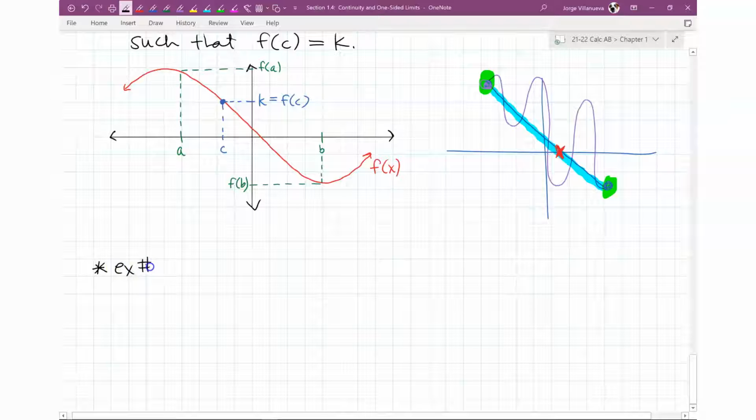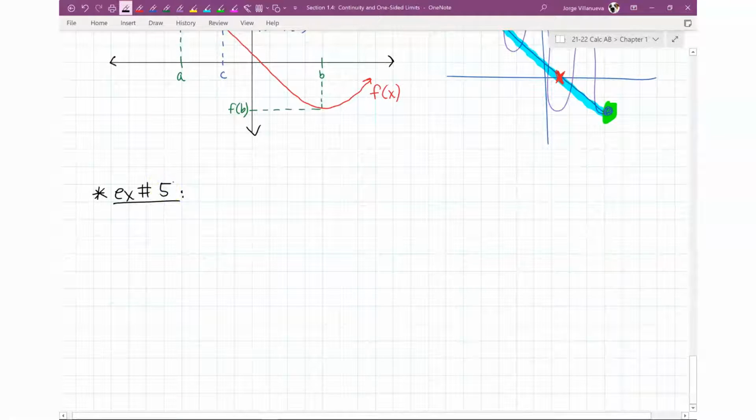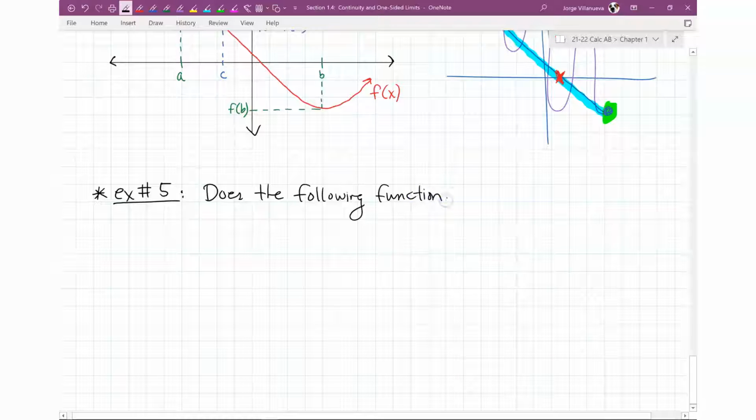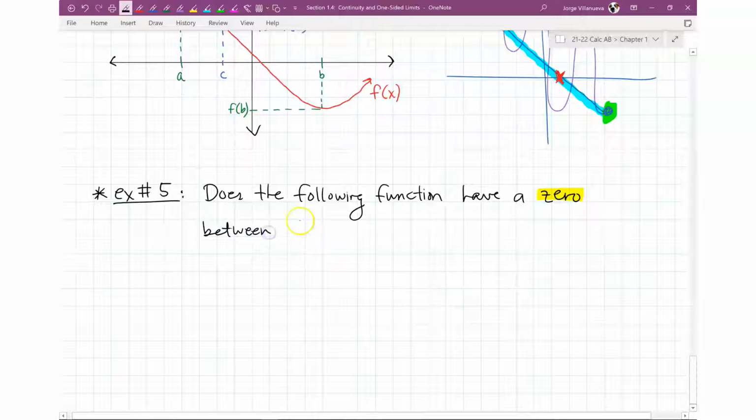So this is an example number. I don't even know what we left off on. Let's find out. Example 5. So does the following function have a zero? Now remember, guys, whenever they say the word zero, what that actually means is, does it cross the x-axis, okay? Whenever they say, does it have a zero, they're asking you, does it cross the x-axis? So does it have a zero between the closed interval from 0 to 2